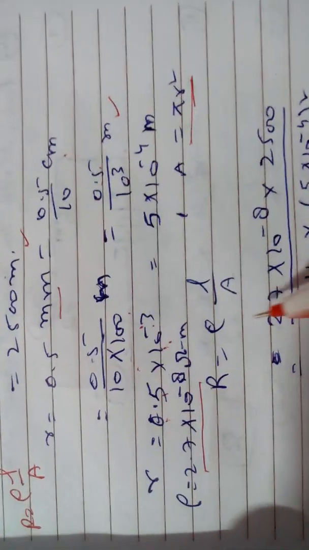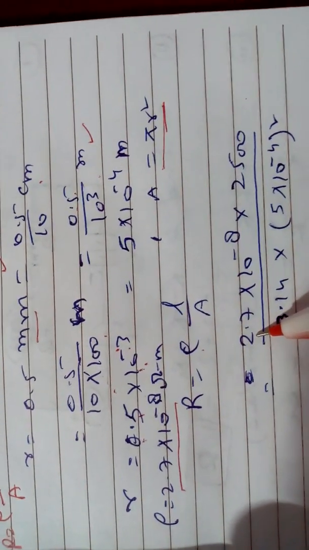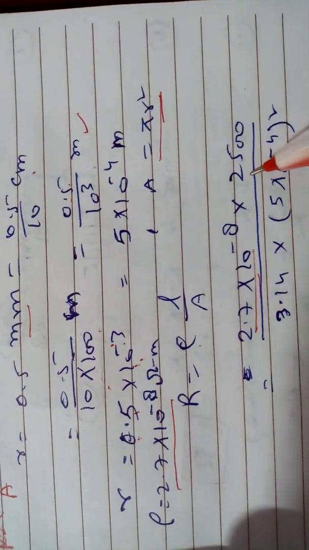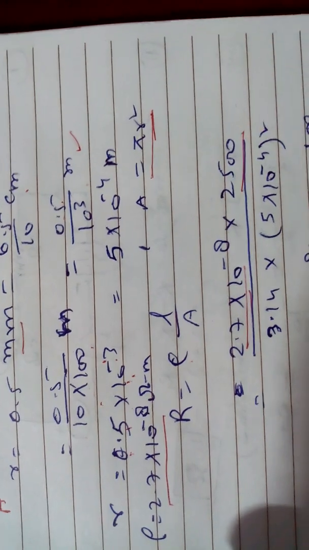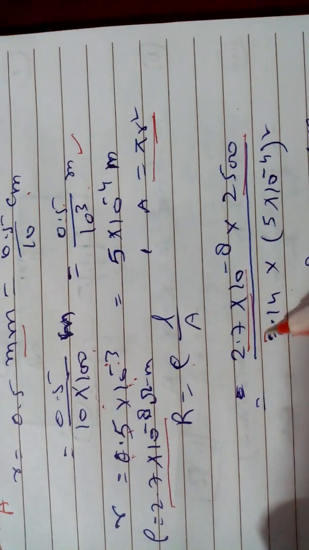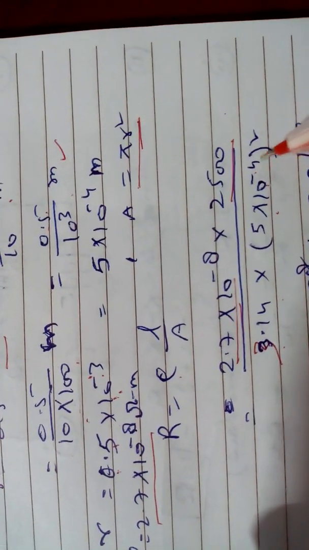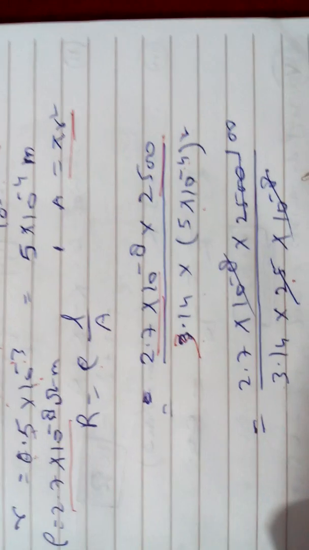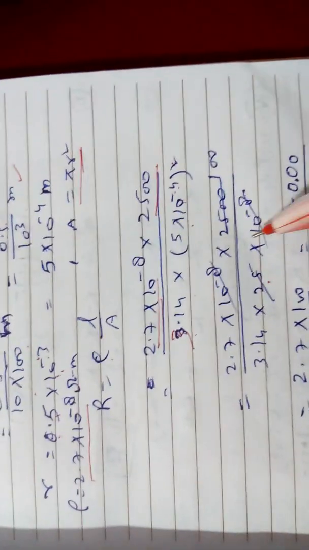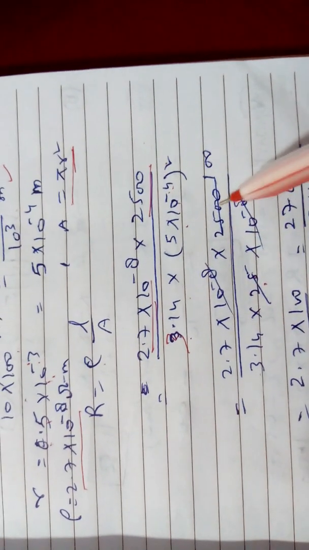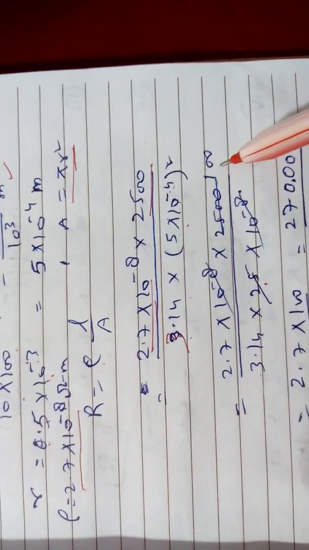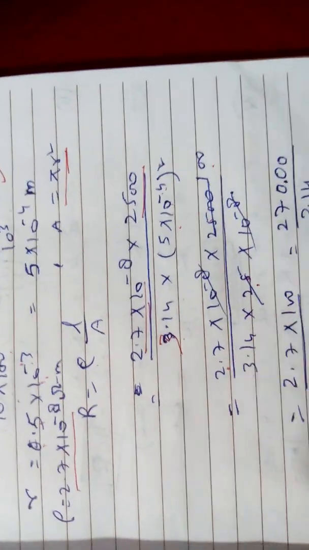Put the values here: rho L upon A. This is the rho, L length is 2500 meter, and the area is 3.14 into r square. 5 fives are 25, 10 power minus 4, 4 twos are 8. You are getting this. 10 power minus 8 in numerator as well as denominator will both be cancelled. 25 into 1 is 25, and 100 you are getting. 100 into 2.7 you are getting